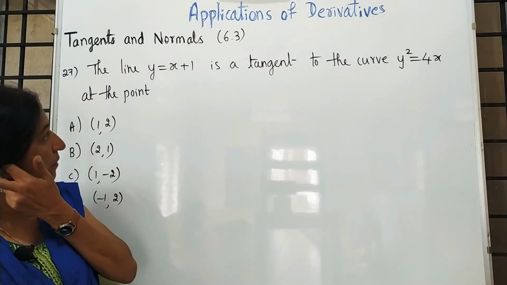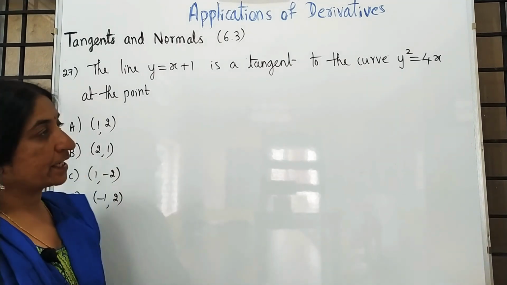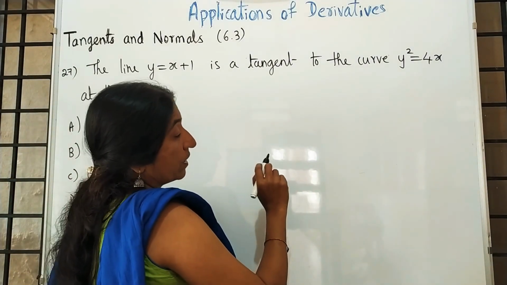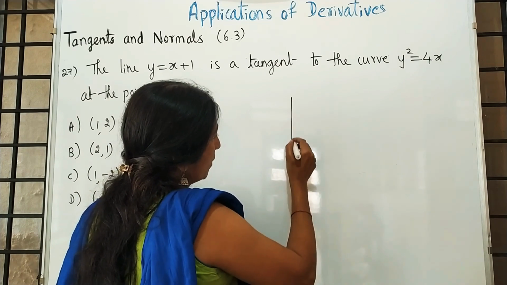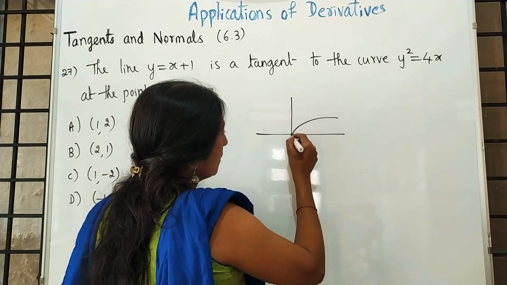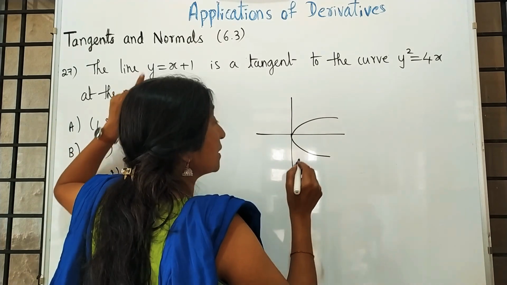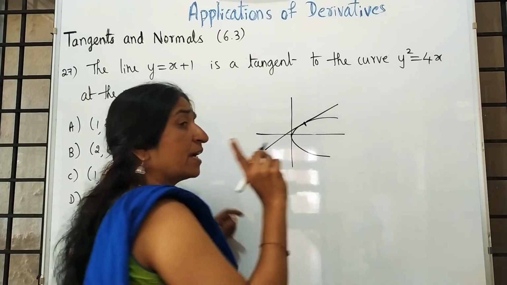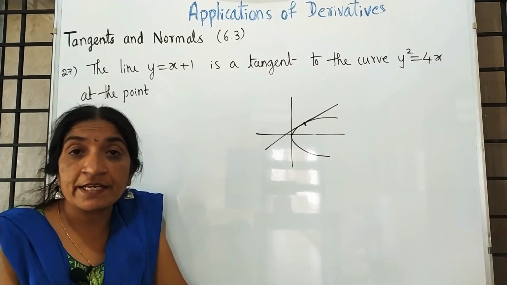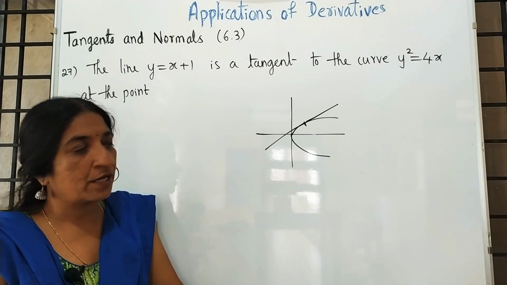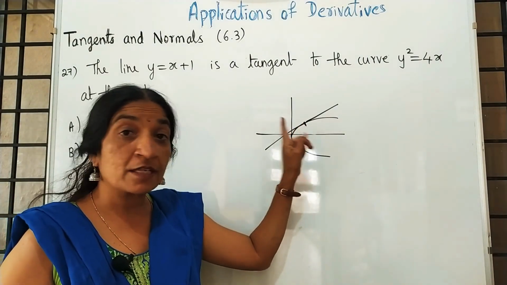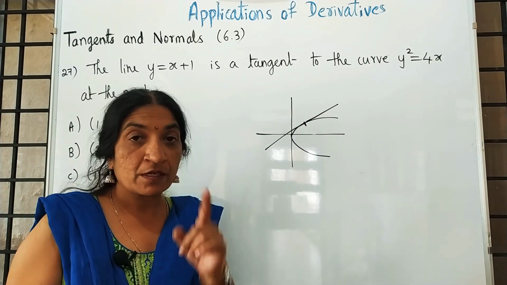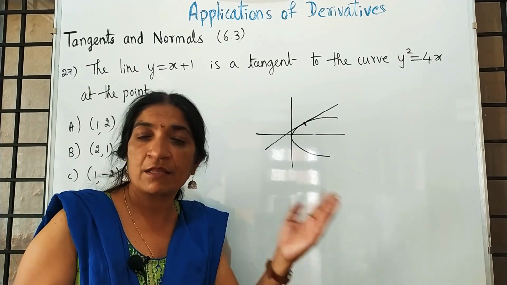See here, it is a multiple choice question definitely for CET. The line is tangent to the curve, that is a parabola. Y square is equal to 4ax is a parabola. I am giving you the rough figure. This is the parabola and the line touches the parabola. We don't know where it touches, maybe it touches here. It touches at one point. Tangent means a line which touches the curve at one point, and that point lies on the line as well as the curve.